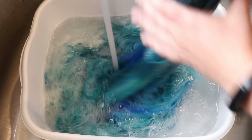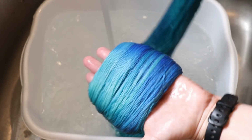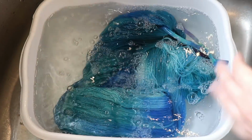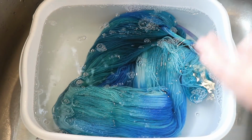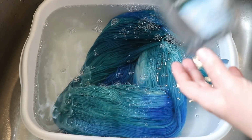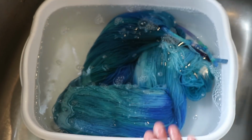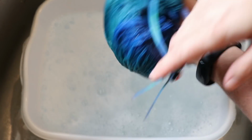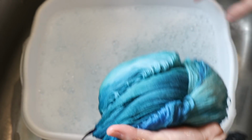I love how soft these transitions are. They feel very, very nicely blended because we did move things around a lot. And I just added some diluted dish soap. That bottle's almost done. If we had some more or any acid in the yarn at first, things would have struck a bit faster, and so we wouldn't have been able to move the color through the yarn as much